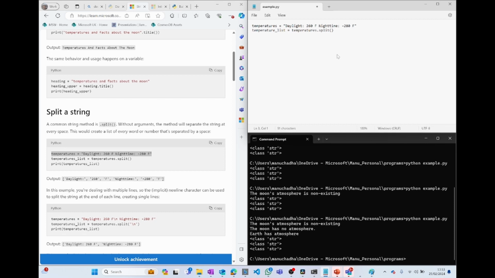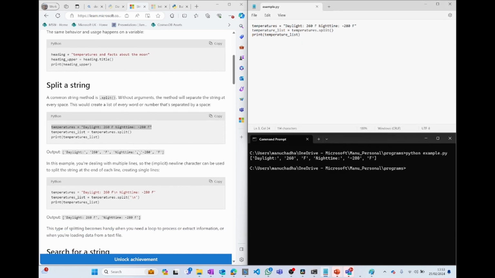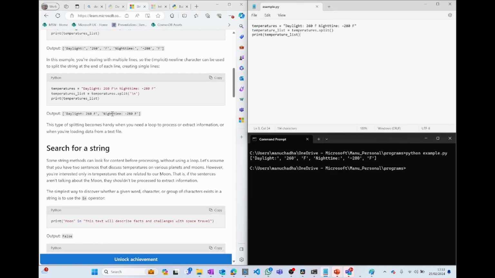I'll cover lists in another video, but if I now print the temperature list and run the program again, as you can see, I can now get individual components. Once I have individual components, I can do what I want with them. Another useful way could be to split them into, let's say, each line of a